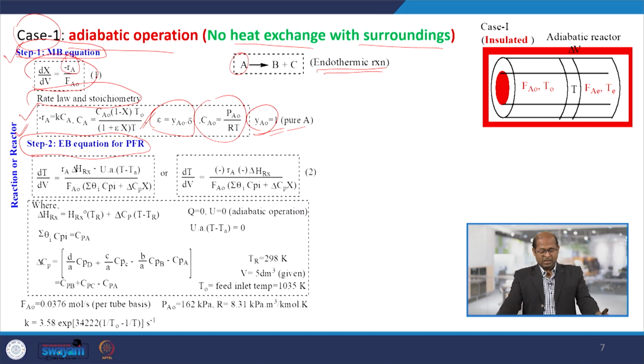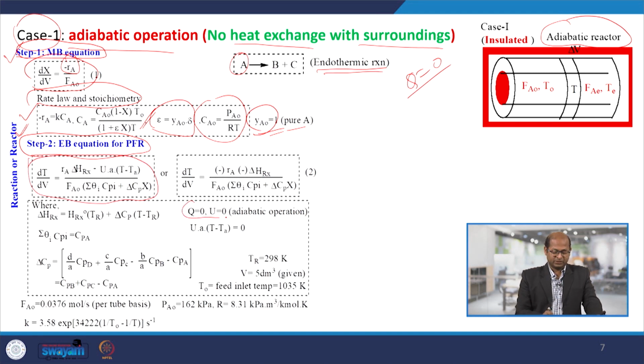So, when the system is in adiabatic operation, there is Q equals to 0. Okay. So, in these equations you can see, when adiabatic operation Q equals to 0, there are no additions or removal of heat in the system. So, then Q equals to 0 means Q equals to this